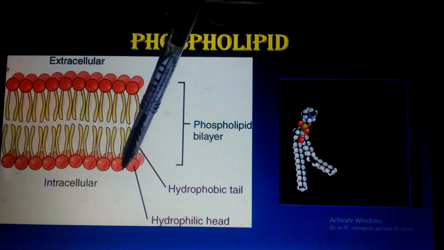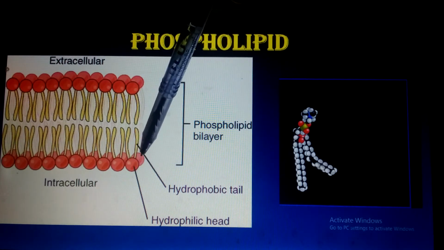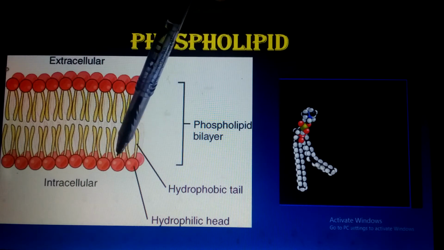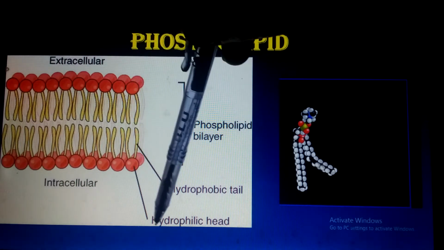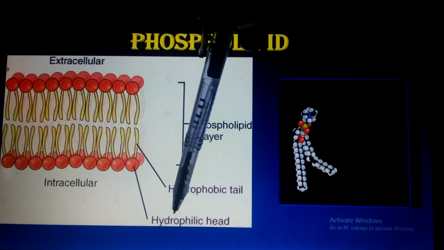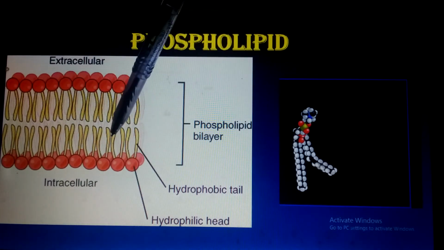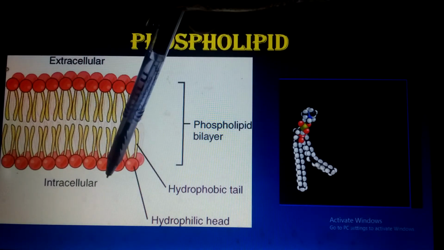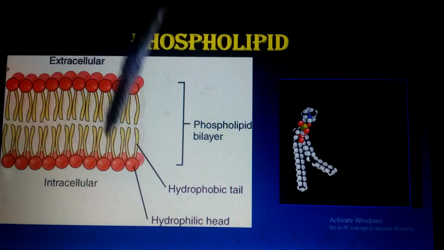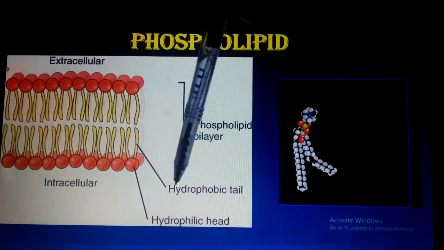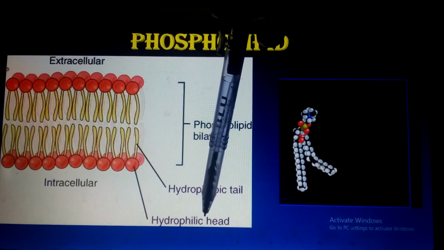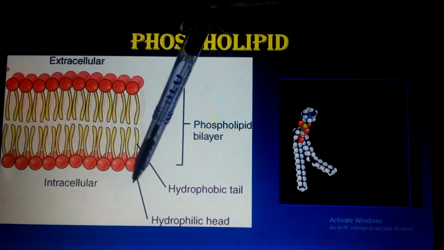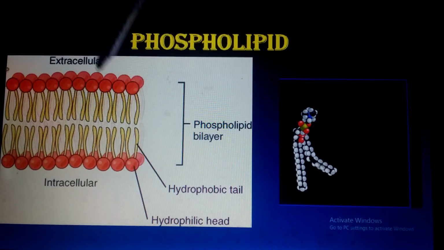And this hydrophilic head, because hydrophilic mean polar, so the polar molecules and water and many more transport through the cell membrane easily. So the hydrophilic head allow the polar substances to move in and outside of the cell,